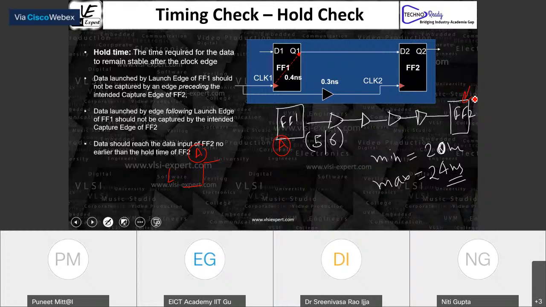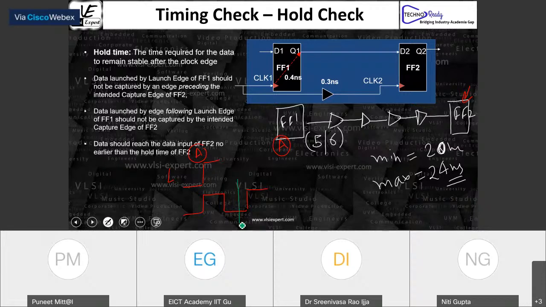Basically, suppose this is your capture clock, and you should reach before this.